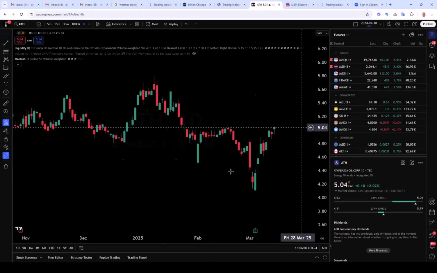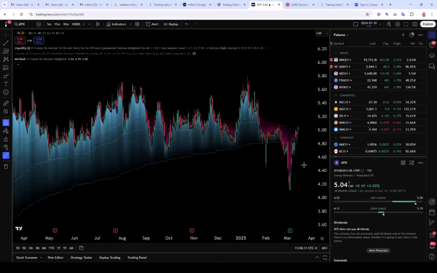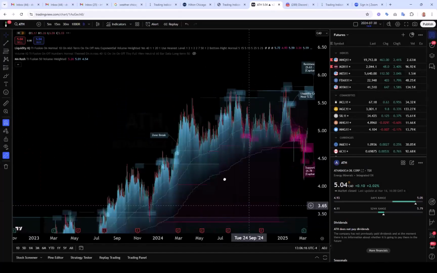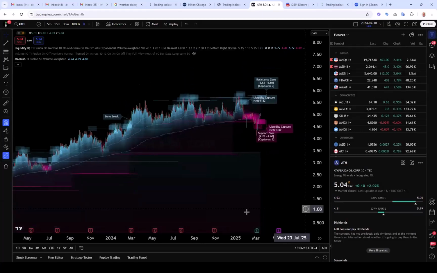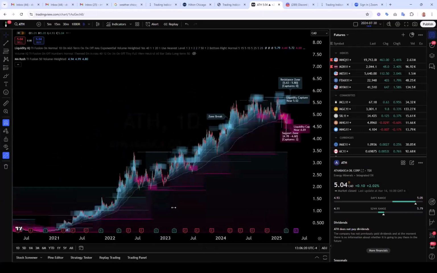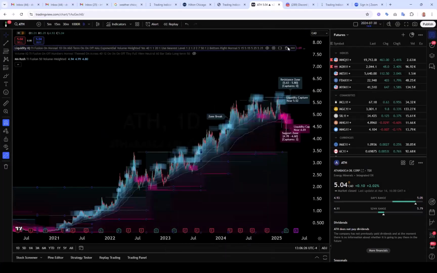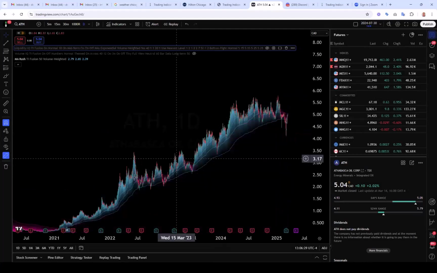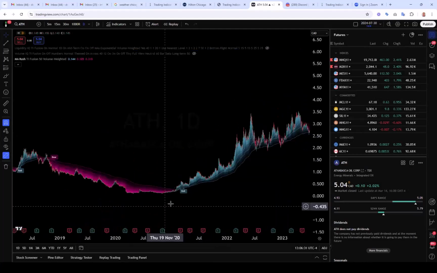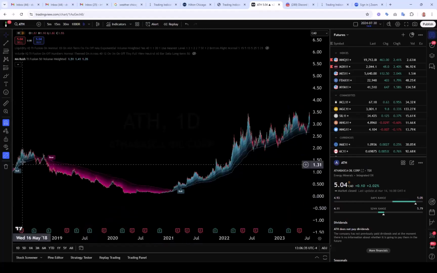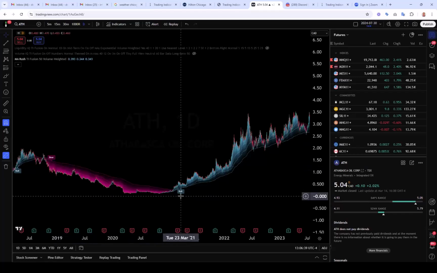Okay, oh boy, this one's interesting. With Volume IQ too, if you want to plug that on? Yeah, let me do that in just a second. Let's have a quick look first. What's going on here? Oh yeah, it's actually quite bullish. I wonder what is the Liquidity IQ setting here. It's 1 day, that's okay. Just hide this for 1 second, guys. Just want to see, when did we swing to bullish? Yeah, that's nice. Look how precise MA Rush worked here, actually, getting these swings in and riding it all the way down. So bullish since